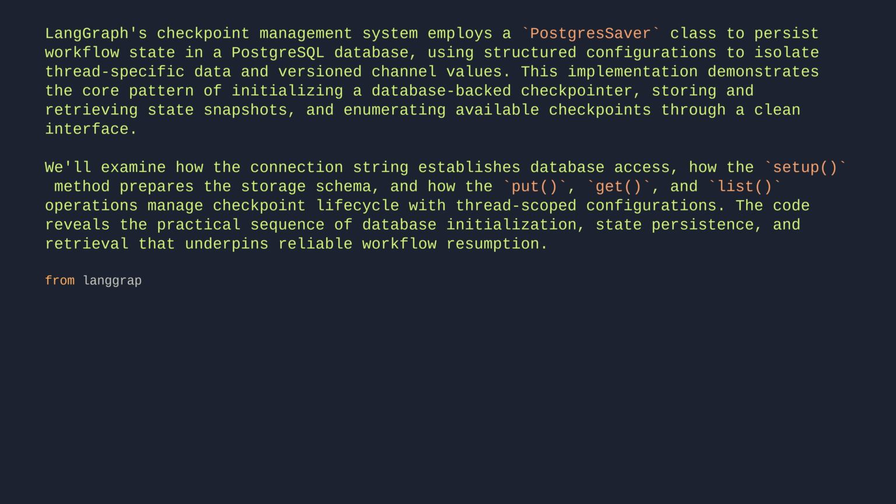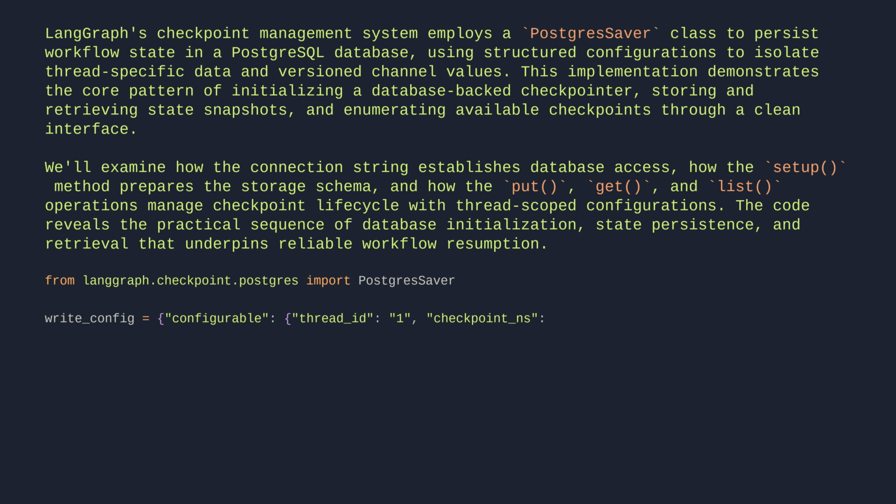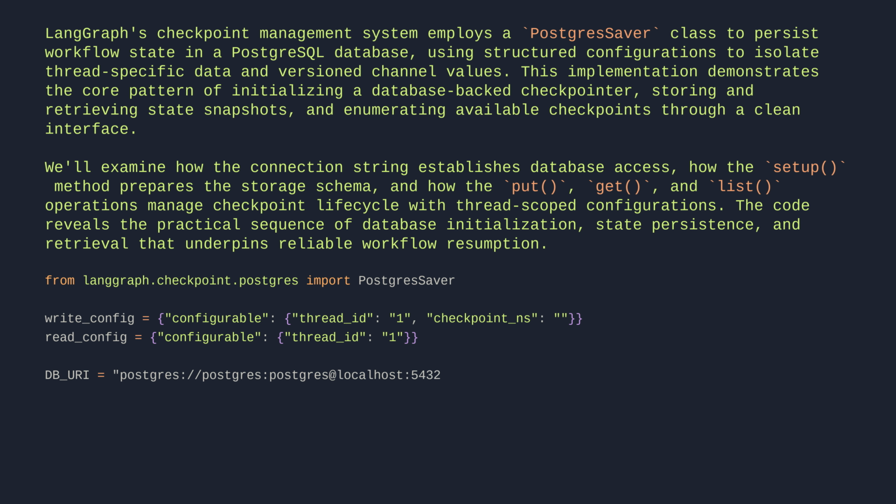From langgraph.checkpoint.postgres import PostgresSaver. write_config = {"configurable": {"thread_id": "1", "checkpoint_ns": ""}}. read_config = {"configurable": {"thread_id": "1"}}. DB_URI = "postgres://postgres:postgres@localhost:5432/postgres?sslmode=disable"